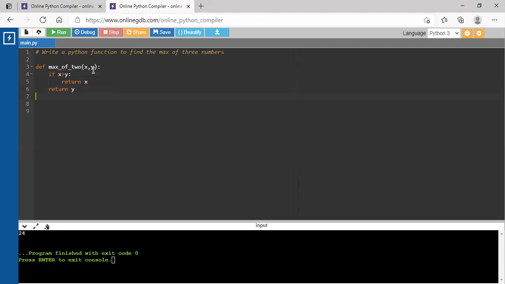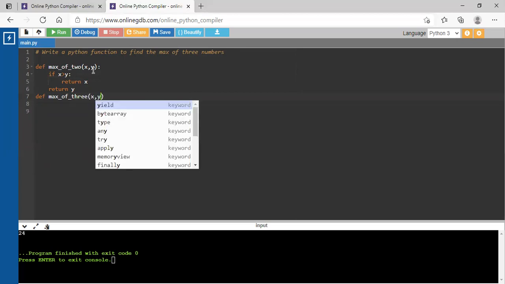Okay, so this is the definition of maximum of 2. Maximum of 2 means I just check if x is greater than y. If it is greater, then obviously the answer is x, else the answer is y. Now I am making one more function, that is def max_of_3. So max of 3 means there are 3 arguments.